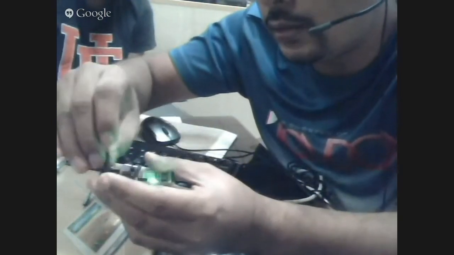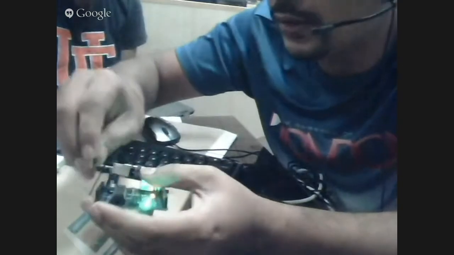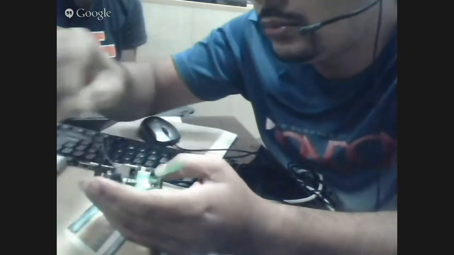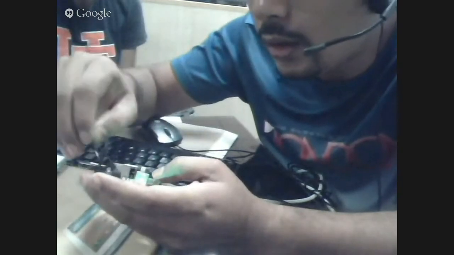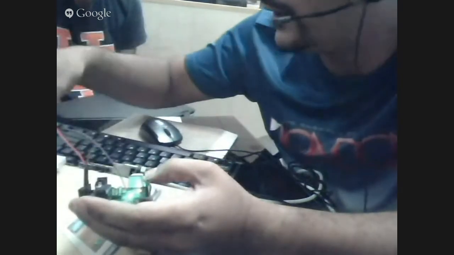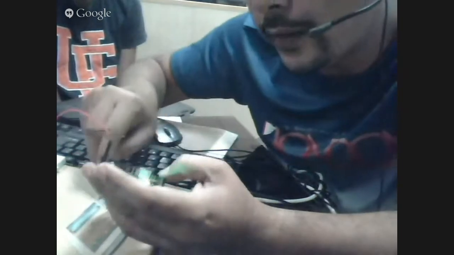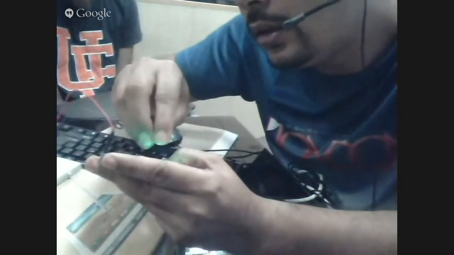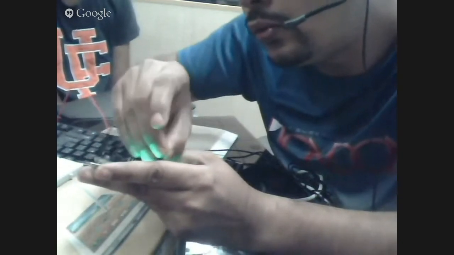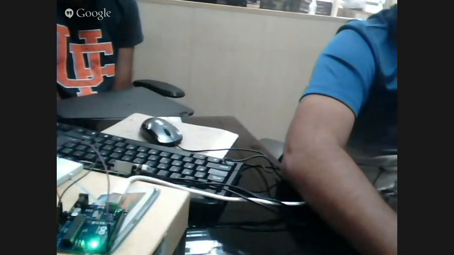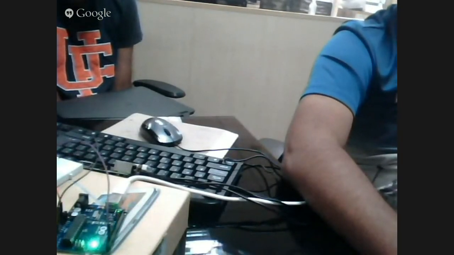So I'm connecting the ground. Sorry, it is not ground. Ground, 3.5. It's turned on, right? The LED. And data is on pin 2. And now what I have to do, I have to compile and upload this sketch.